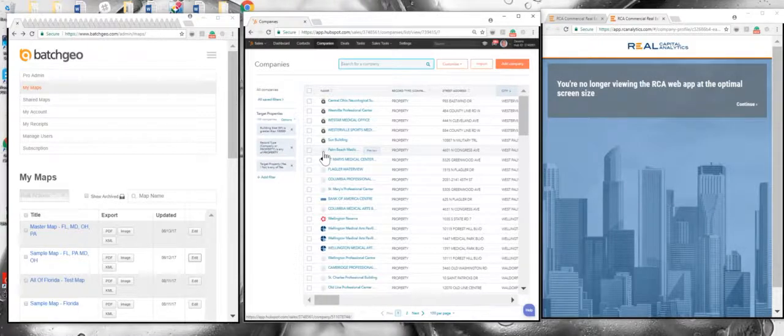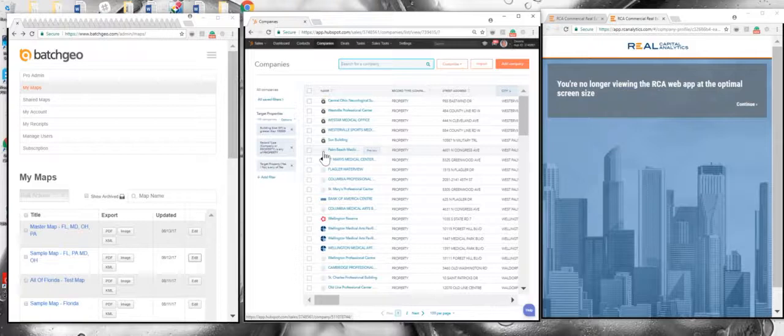Target properties are any properties that could be potential opportunities. They don't have to be opportunities today or tomorrow. They could be an opportunity 2 or 3 years from now. They could be REIT-owned properties, physician-owned properties, but they fit the basic qualifying metrics being 10,000 plus square feet, a decent quality building that's got a minimum value of, I would say, 2 million plus, and it's in the geographical